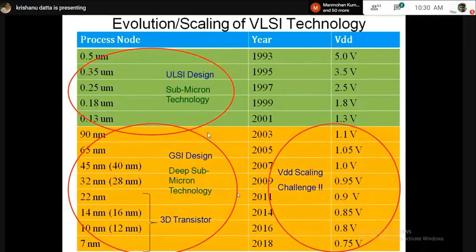Actually, when I started working at Intel, I worked from 90 nanometer till 14 nanometer. The first two generations, 90 and 65, were Pentium 4, the last two generations of Pentium 4. The other four I worked on the Core i3, i5, i7 architecture. Right now, as I'm doing consultancy, I work on 7 nanometer. So now I shall give you more idea about this technology.